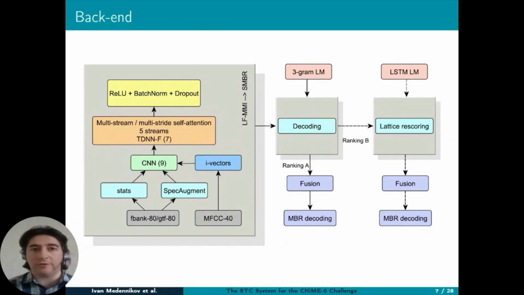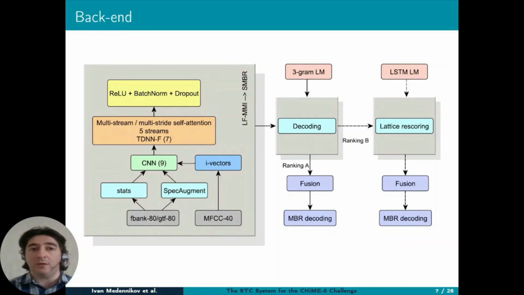Our models were trained on a dataset consisting of worn microphone recordings and data obtained using 4 versions of GSS with various settings, namely the set of microphones used, context length, and number of iterations. We also used the room simulation, speed and volume perturbation included in the baseline recipe. All the models were trained according to the LF-MMI criterion and fine-tuned for one more epoch of sMBR training. Finally, we performed lattice fusion followed by MBR decoding to combine recognition results from different models and different versions of GSS applied to test data.